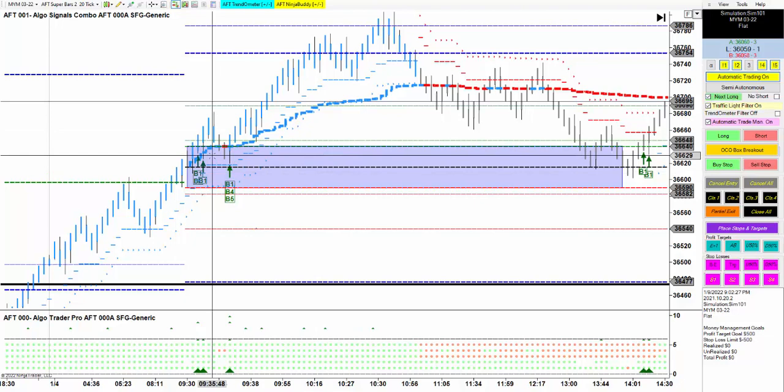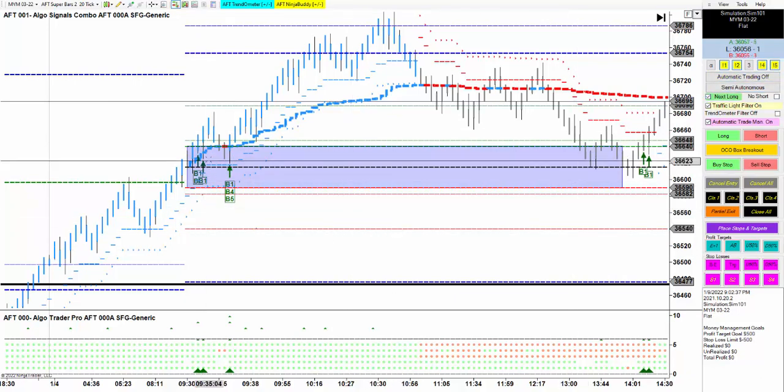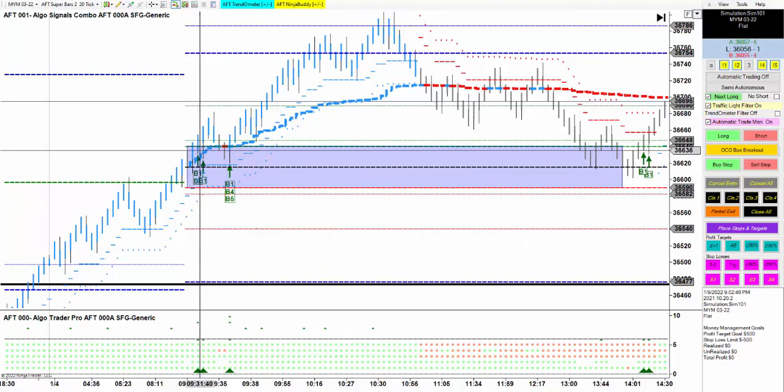So the first long trade it will take, and it won't trade again. It'll shut off after that. All right, so either way, I'm just going to shut this off because the market is open. But basically, we set that before the market opens because we already know we want to trade the Dow. It's the strongest market. We want to trade it in the long direction. It has an outside gap up,